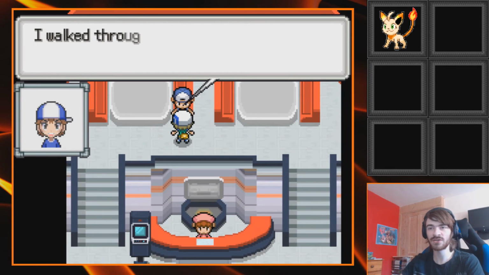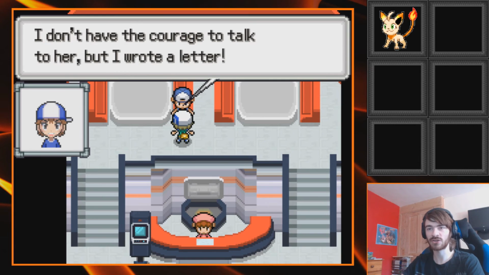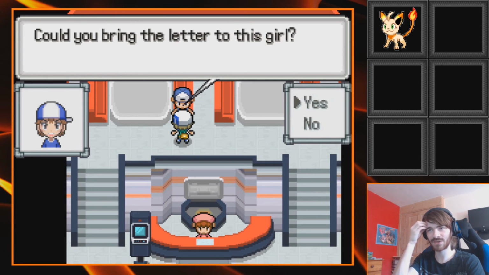Hey, I'm a new trainer. You too? I walked through Route 1 and then I saw this beautiful girl. I don't have the courage to talk to her, but I wrote a letter. Could you bring the...